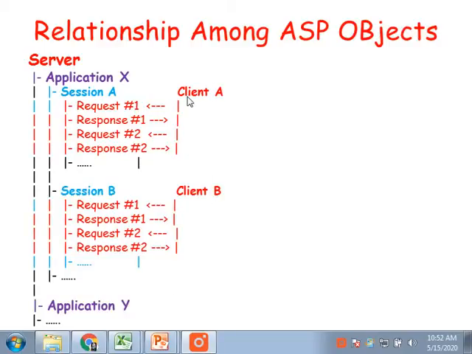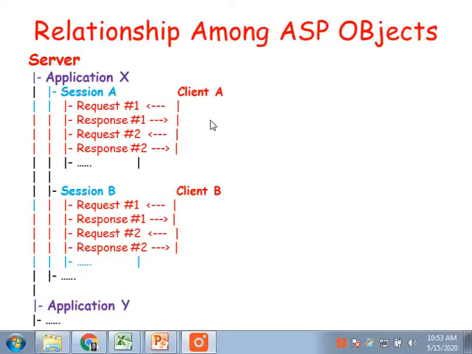Now the client A requests or does some modification in application X, in file number 1, then the request object invokes. After that, if some information is requested, then after getting the file, it may be issued to the client. There the response object gets invoked. So the request object may be issued by either client or server.